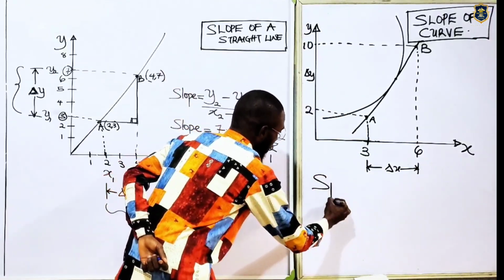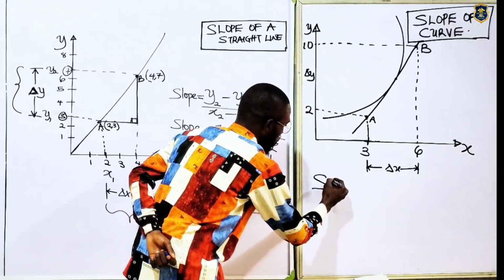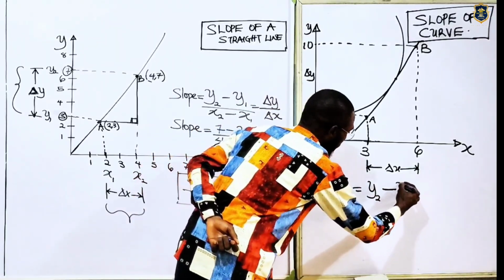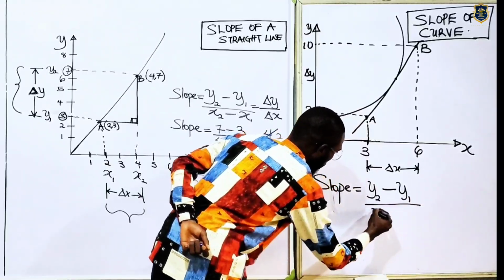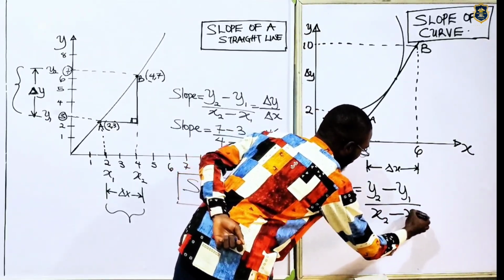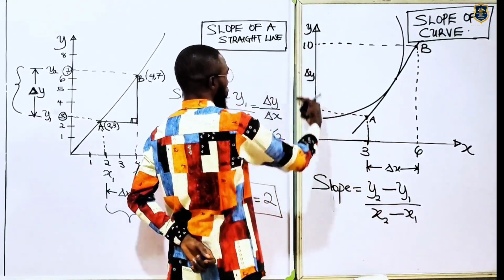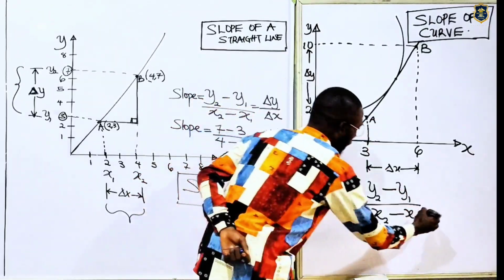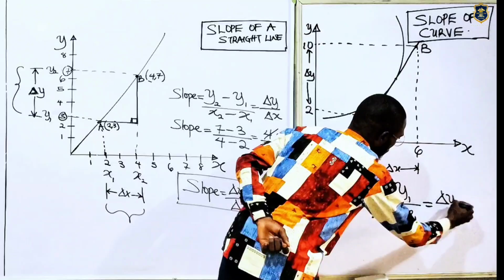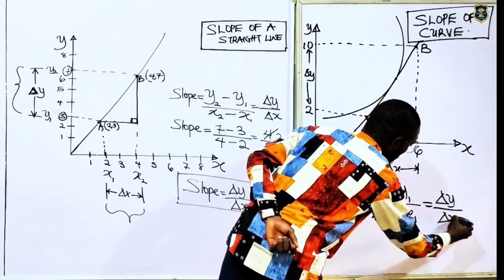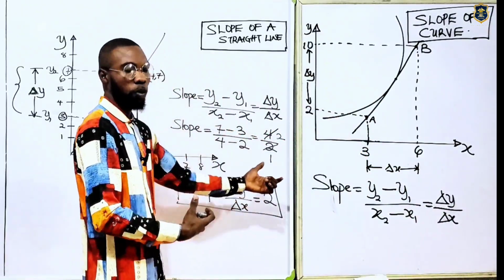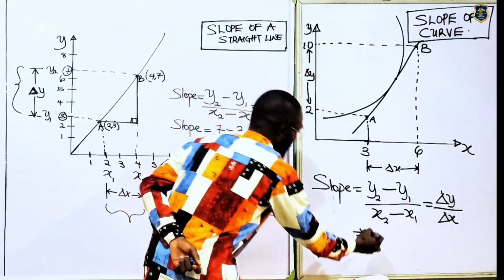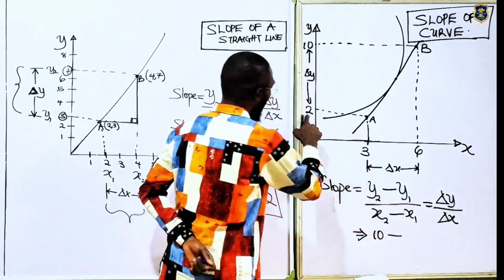So our slope from here becomes y2 minus y1 over x2 minus x1. What is y2 minus y1? y2 minus y1 is simply the change in y. That's what I said: the change in y over the change in x. You see how slope for a curved line is formed? That becomes, what's our y2? This is our y2, 10, minus y1, which is 2,